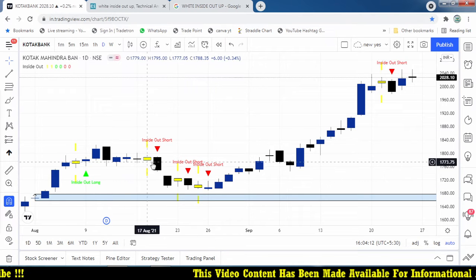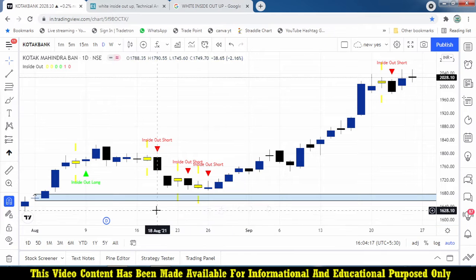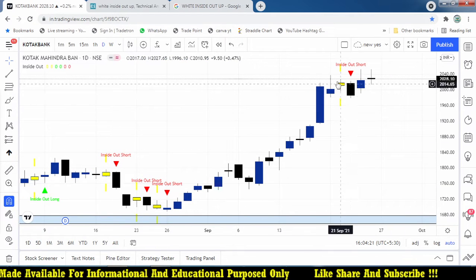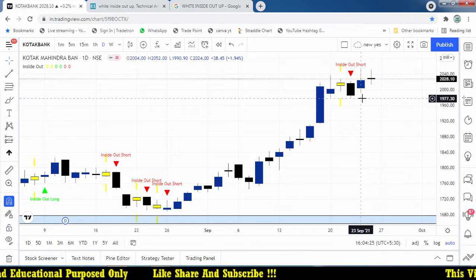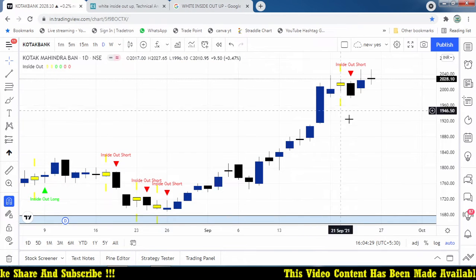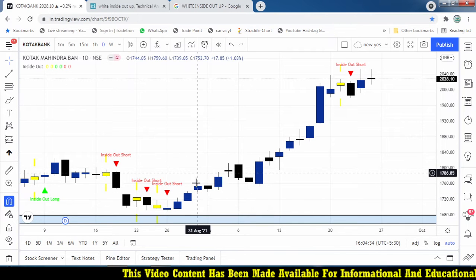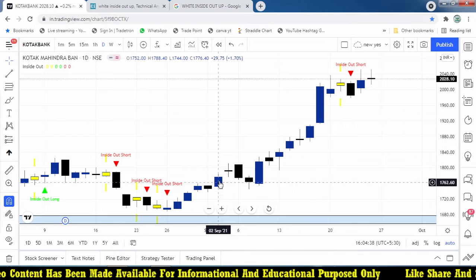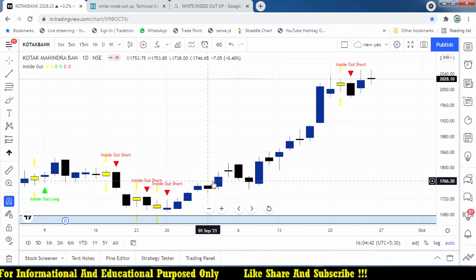This forms all the candles of an inside out kind of pattern, but we are going to take only those happening at the lowest level of the month as well as the highest level of the month. This is the highest level of the month where an inside out forms. When it breaks below that level we can go for a short, but unfortunately we don't get the opportunity. Again a candlestick pattern forms, but here there is a lower wick, which is why it is not picked up, though we will take the calculation. This is a valid one.